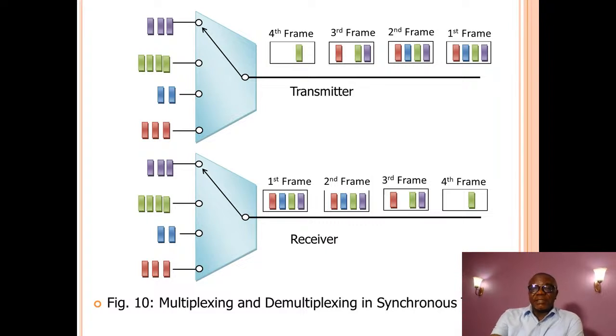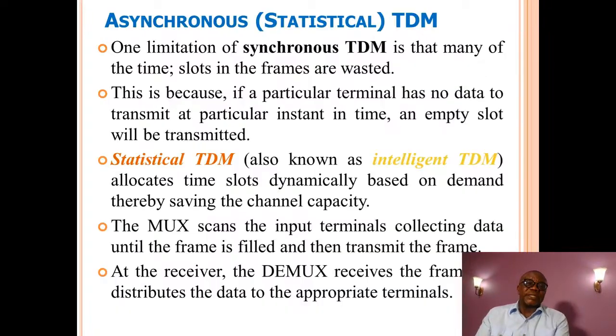So at the receiving end, the receiver, it comes there and the commutator sends them back to where they belong. So the output is given as that. Now, we want to take care of these spaces so that they are not wasted. That leads us to another one, which is now called the